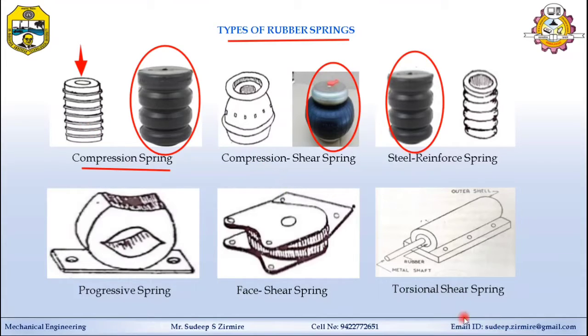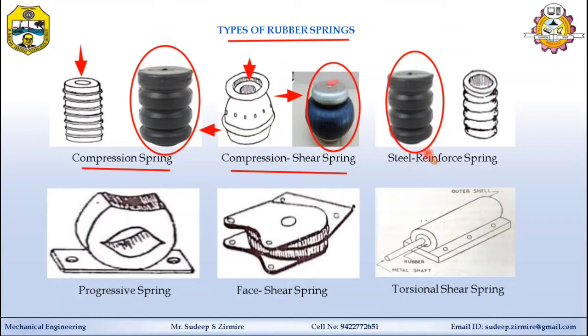Second one is the compression shear spring. It takes partially shear and compression load. In the rubber, the strain may be allowed in the rubber body. Shear stress at the bonded faces is kept small, and the fatigue property of this type of spring is also excellent. You can see it takes the load like this, compression load as well as shear load, meaning when the vehicle moves like this and this, there is compression and shear load.